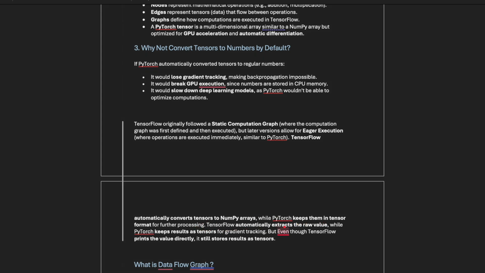TensorFlow automatically extracts a raw value while PyTorch keeps results in tensors for gradient tracking. Gradient tracking because we don't want to lose the gradients, which helps in backpropagation. But even though TensorFlow prints the value directly, it still stores results as tensors. So basically, inside TensorFlow, it is storing in tensor format, although it is returning in raw format or regular